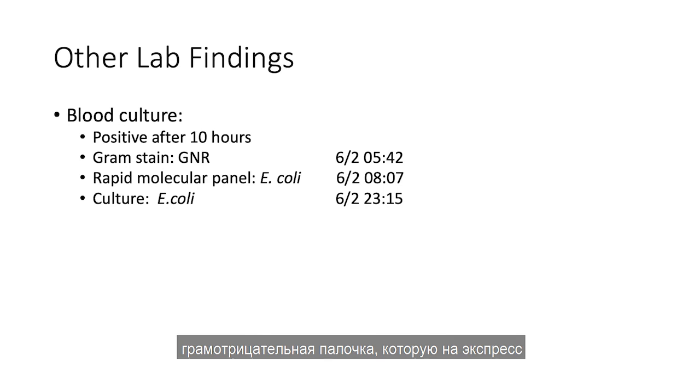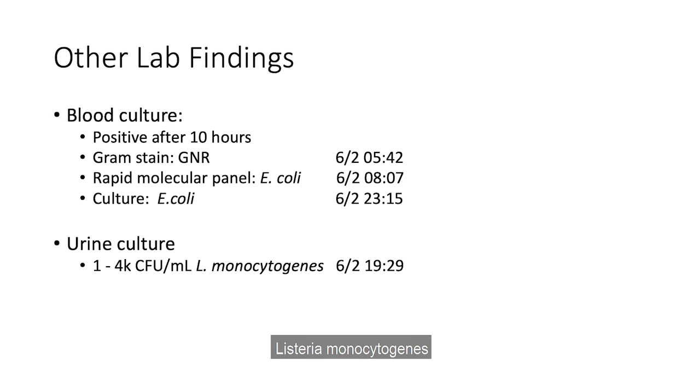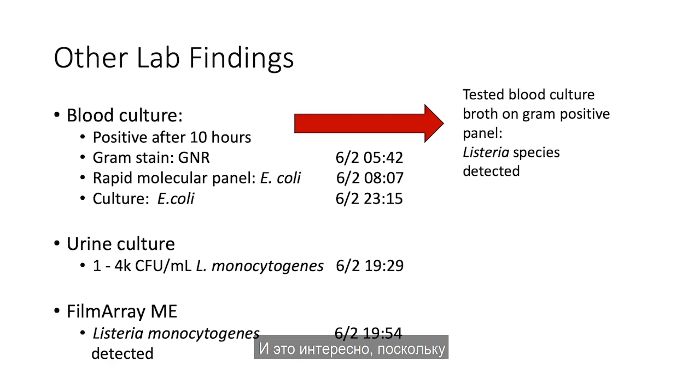Blood cultures grew a gram-negative rod that a rapid molecular panel reported out as E. coli. The urine culture, however, grew Listeria monocytogenes around the same time as we identified the blood culture. And then the FilmArray was also performed, and we identified Listeria monocytogenes from that. It's interesting because it wasn't recovered from blood, but when we tested the blood broth on a different molecular panel, we were able to identify the Listeria as well. So it's kind of interesting. He had an E. coli sepsis as well as Listeria